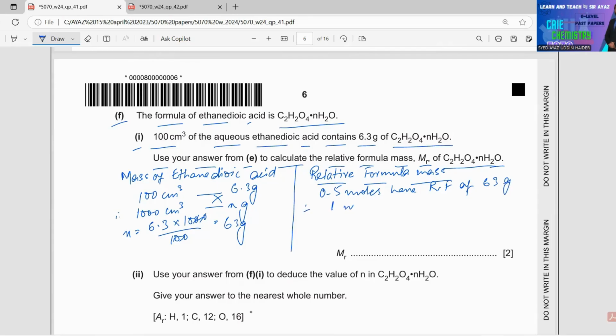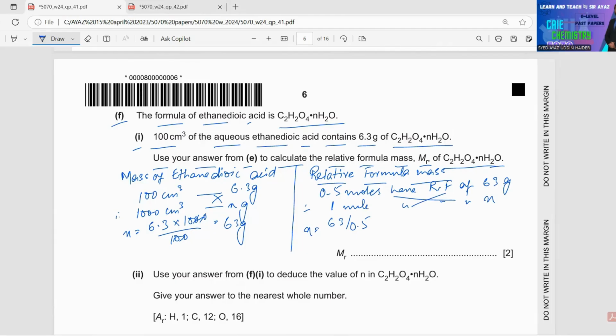Therefore, 1 mole has an Mr of X. So we'll write X is equal to 63 divided by 0.5. What will you be getting? 63 divided by 0.5 is 126. 126 will be the Mr, or relative formula mass, of